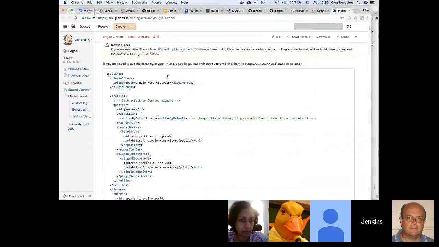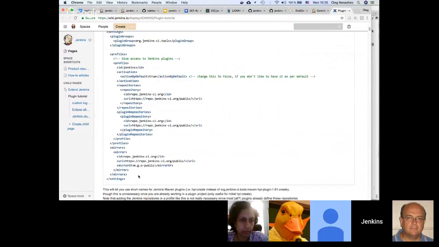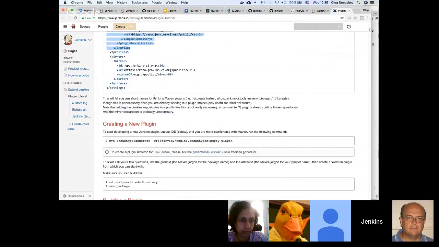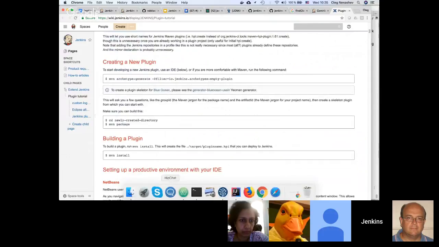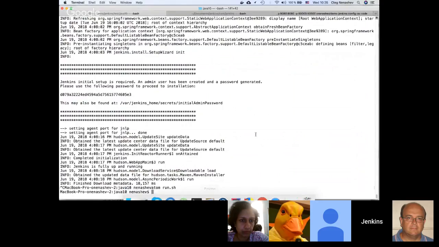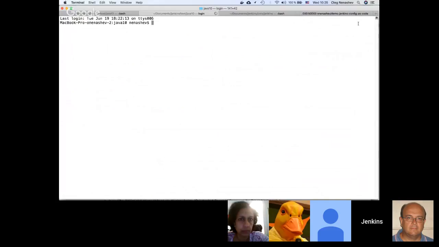But for Maven, you just follow these guidelines. You set up repositories from which the plugins should be pulled. And then actually, the only thing you need is to check out the plugin you want to build and run the Maven clean package command. And then everything will work. So it's just Maven, nothing really special.